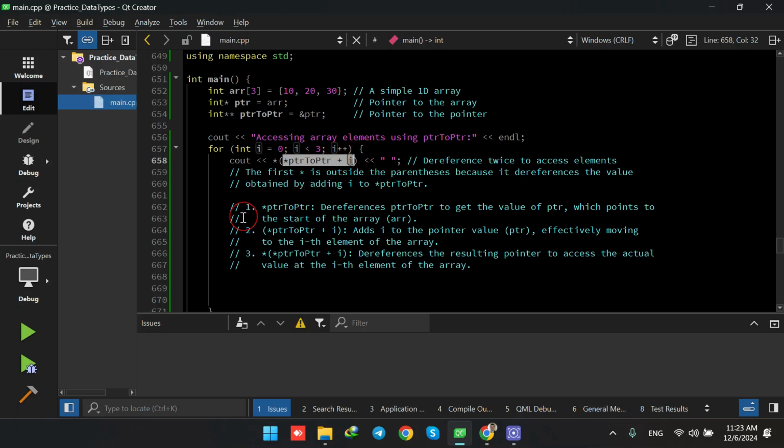So basically what it does step by step is that this part of the code is dereferencing the PTR to PTR to get the value of the first pointer, which points to the start of the array. Okay, and this is dereferencing the first pointer, and then it adds the value I to the pointer value, effectively moving to the ith element of the array. So when I equals 0,